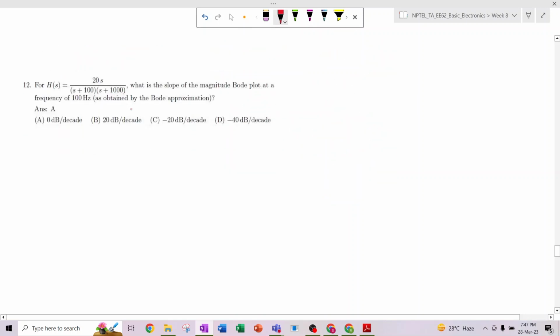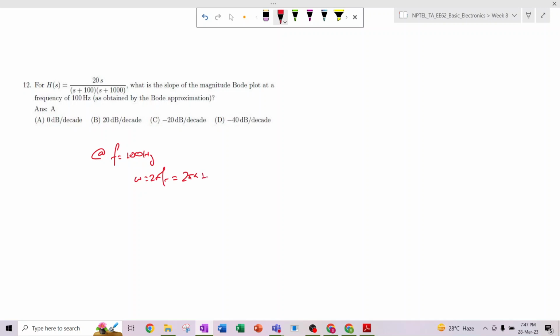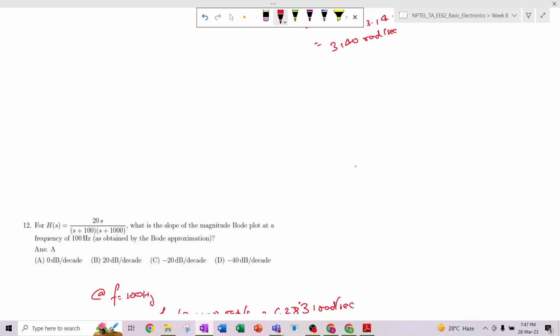Okay. So the next question: what is the slope of the magnitude Bode plot at the frequency of 100 hertz? At frequency equal to 100 hertz, omega equals 2 pi f, which is 2 into pi into 100, that is 628.31 radian per second. So according to this graph,